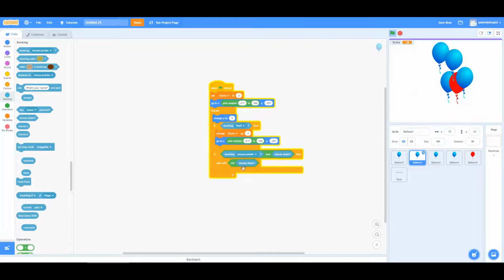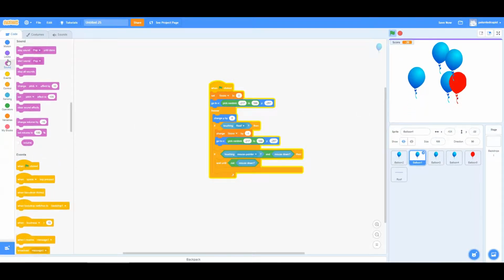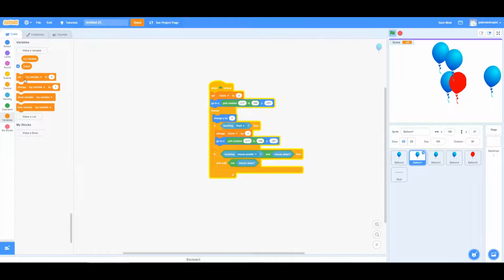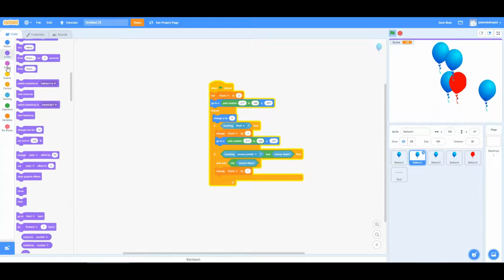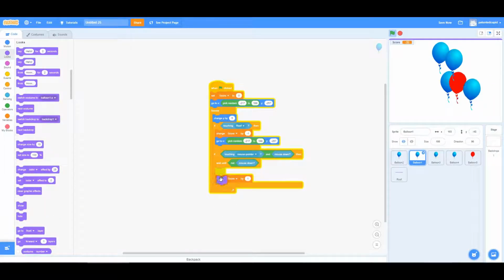Now once the mouse isn't clicked down, we want it to then change score by 1, and as well as changing score by 1, what else can we do? So we change score by 1, so the score will go up when we click it. You can see here, boom, boom, boom, the score goes up. We also want it to die. Now for dying, it's really simple. Just hide the balloon,